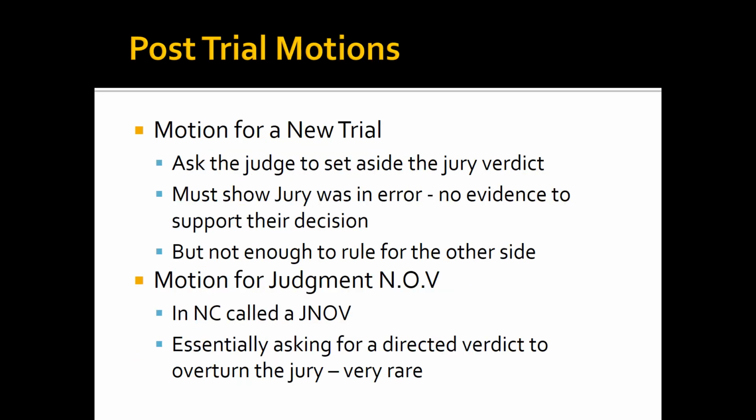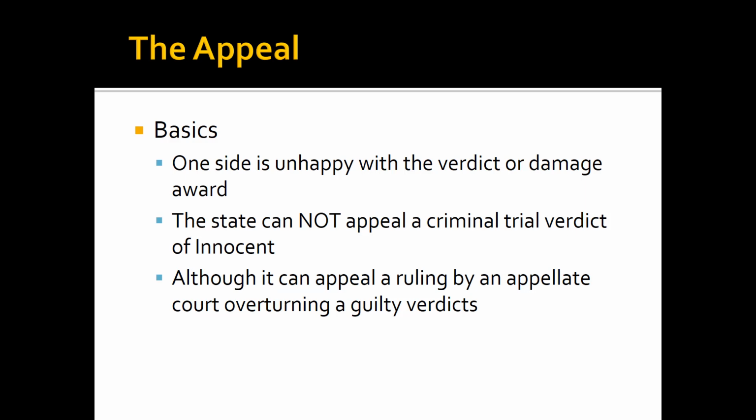After the trial, there's frequently time for motions. Sometimes, rarely, the judge will set aside the verdict. Very often, they reduce damages. Sometimes you'll ask for a directed verdict. Again, very, very rare. That's overturning the thing completely. Now you have to decide, do you want to appeal? You're not happy with the verdict or the damages, and you appeal. If it's a criminal case and the state loses, there's a not guilty, there's no appeal. That doesn't happen. Although they can appeal if a conviction is thrown out on appeal, so they can appeal to a second appellate court.